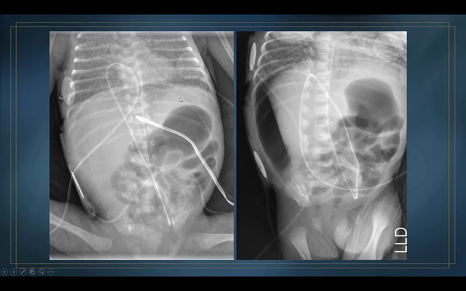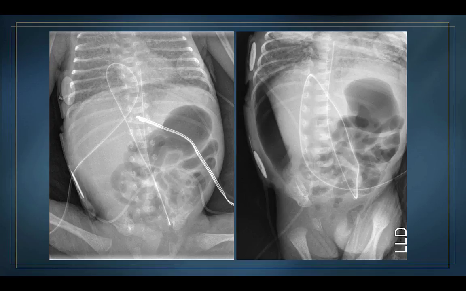And I'm only stressing the appearance on a supine radiograph because I'm seeing more and more that they're not doing supine and decubitus radiographs as the initial evaluation for a baby, whether it's for abdominal distension, vomiting, bilious or otherwise, not stooling, whatever the reason is you're assessing the abdomen. I think the initial radiograph should always include a decubitus film. And I'm going to show you a bunch of examples of a very subtle pneumoperitoneum that you just can't see